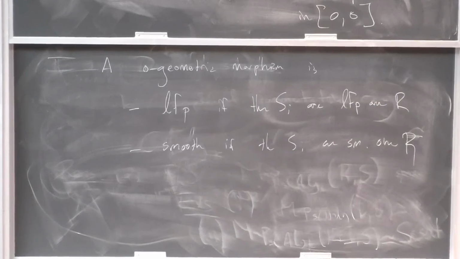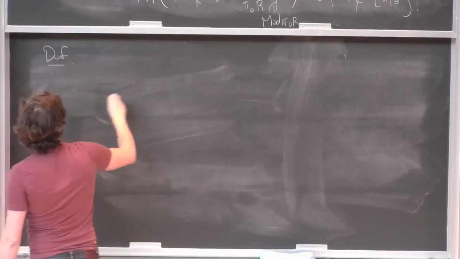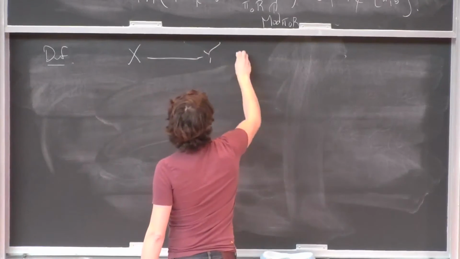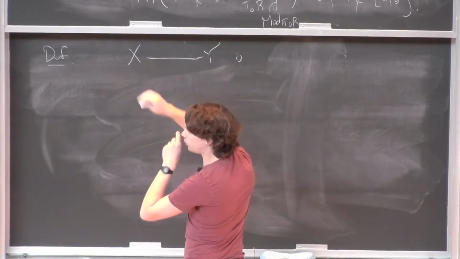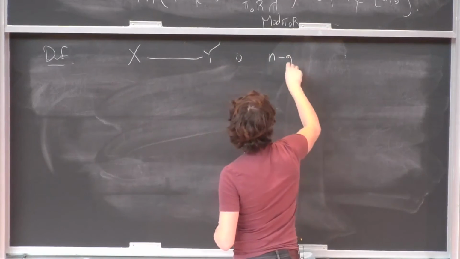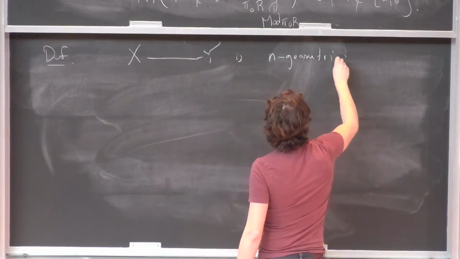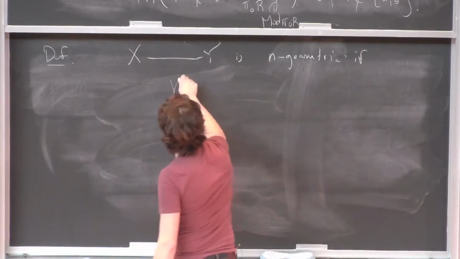Okay, so that defines us a notion of zero geometric morphisms, and now I'm going to define inductively a notion of n geometric morphisms for any n. So, definition. So x to y is n geometric, let's assume it's defined for n minus 1, if for all r points of y,